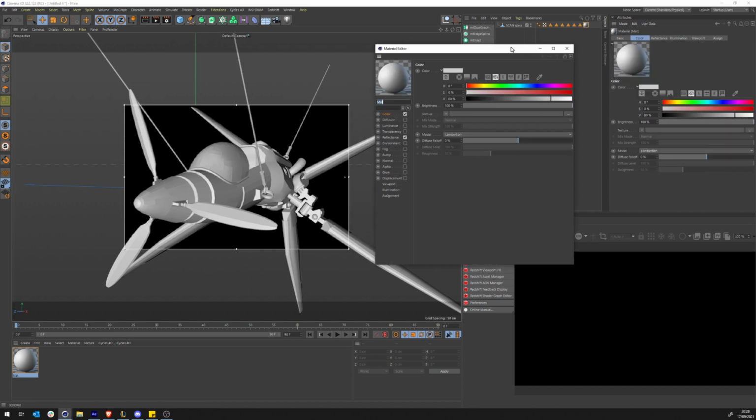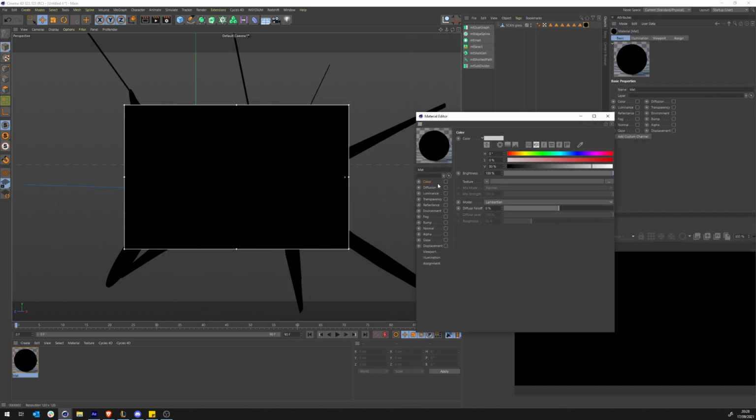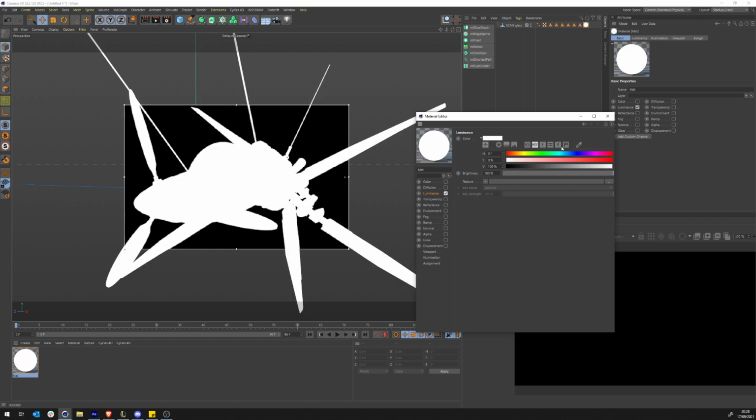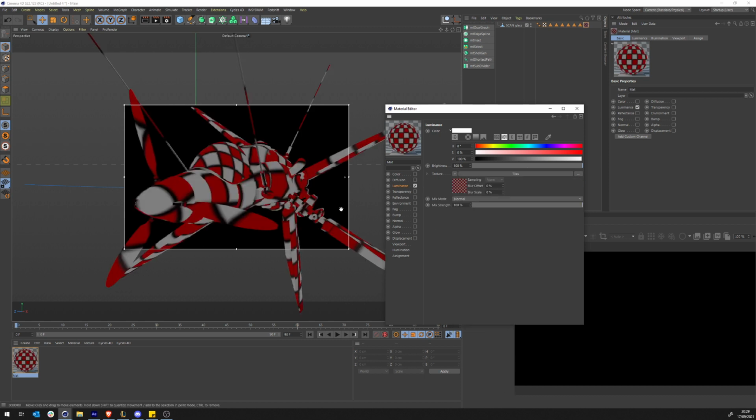Now, I'm going to double click and turn off everything. Okay, so now it's black on black. Once you go black, you never, ever come back. So I'm just gonna go on luminance because I don't need lights. I just want the texture to illuminate my object. And so what I'm gonna do here, I'm gonna go into surfaces and into tiles. Now you're gonna have this very, very boring